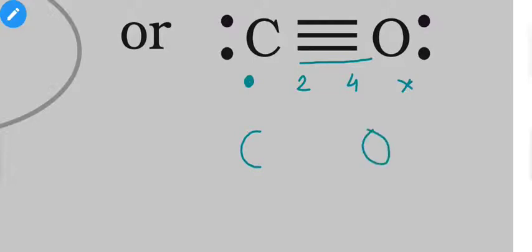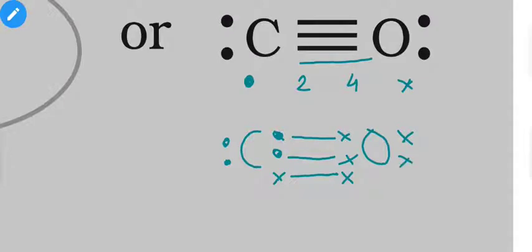Between carbon and oxygen, only 2 electrons actually belong to carbon. That means something like this. In the first bond, 1 electron belongs to carbon, the second belongs to oxygen. In the second bond, 1 belongs to carbon, the second belongs to oxygen. But in the third bond, both of the electrons actually belong to oxygen, and they both have 1 electron pair left. Okay, something like this is going on inside the CO molecule.